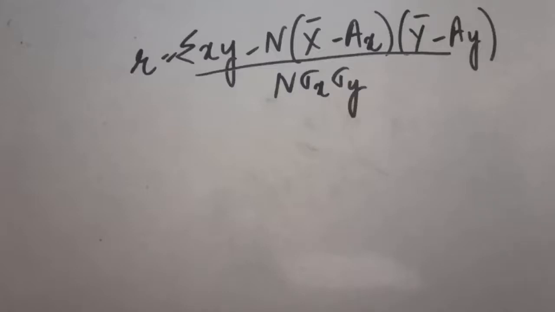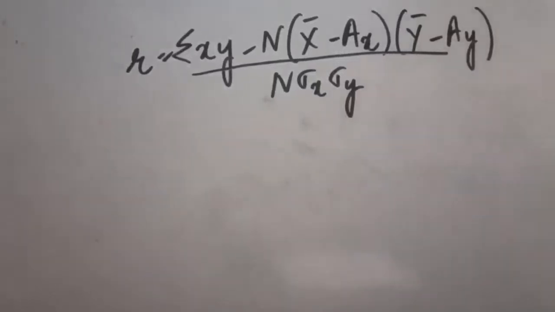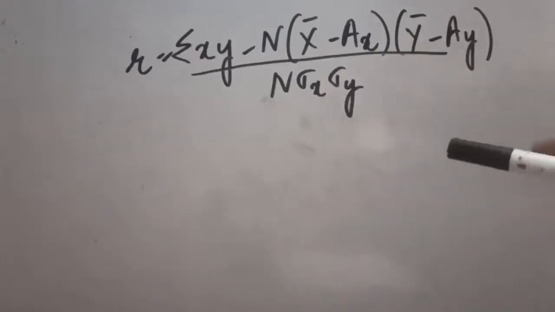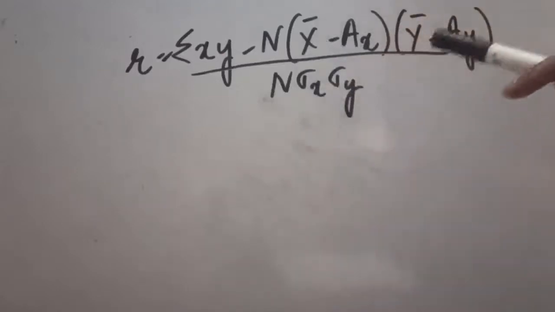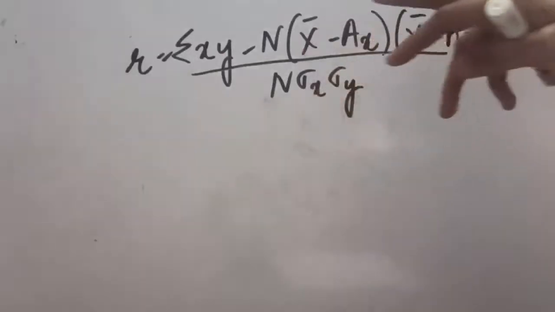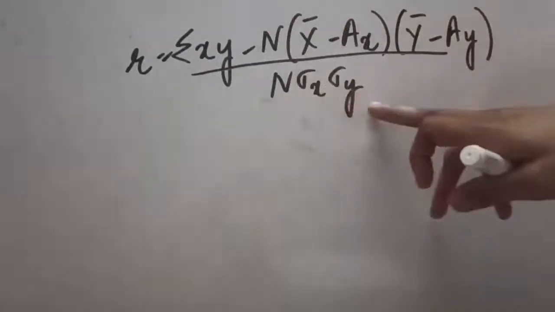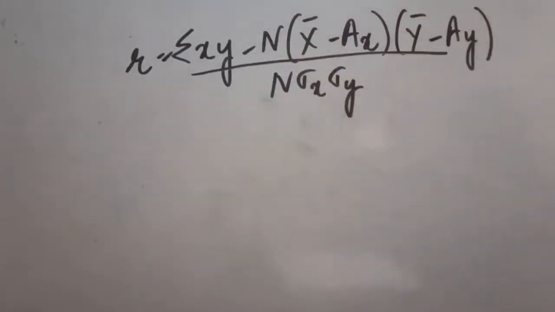Now let's discuss certain special cases under the Karl-Pearson method of correlation. This formula also comes under the method of Karl-Pearson, but it is used only when the question gives you the assumed mean, actual mean, and standard deviations. When everything is present in the question, you can apply this method. Otherwise, we have already done the basic three formulas: direct method, indirect method, and actual mean method. You can apply those, but if the actual mean, assumed mean, number, and standard deviations are all given, then you can use this short formula.